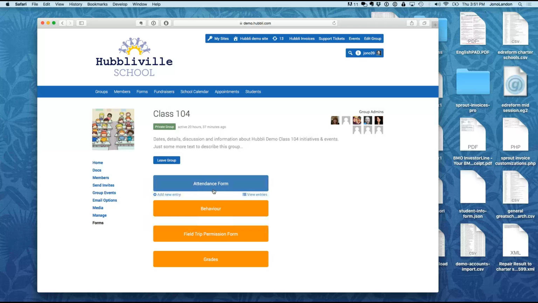So you can add forms to specific groups, or there's also just an all forms page. Now, there's a lot of filtering and everything, and I just want to also mention, in general, overall, one thing that Hubbli does is that it automatically filters things away from parents. Okay, so right now we're in the class 104 group, and these are forms that have been added